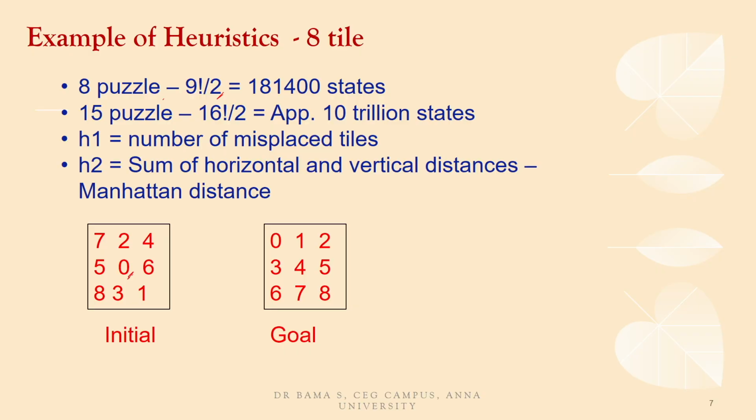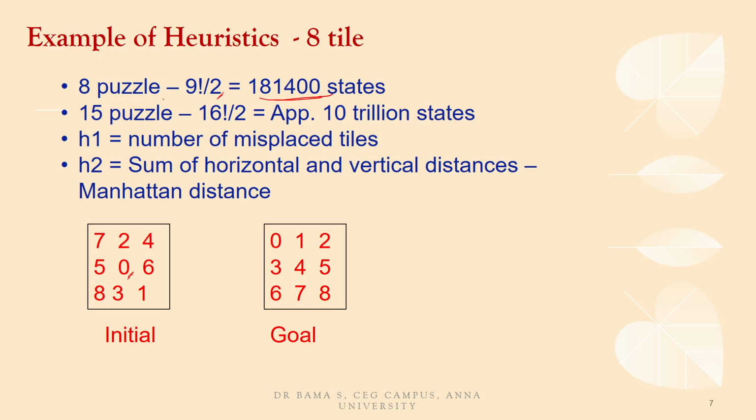So, that is the task, and for this 8 puzzle, the number of states is going to be 8 plus 1, 9, because of the blank space, and that is divided by 2, because of the vertical and horizontal moving actions. So, 9 factorial by 2,